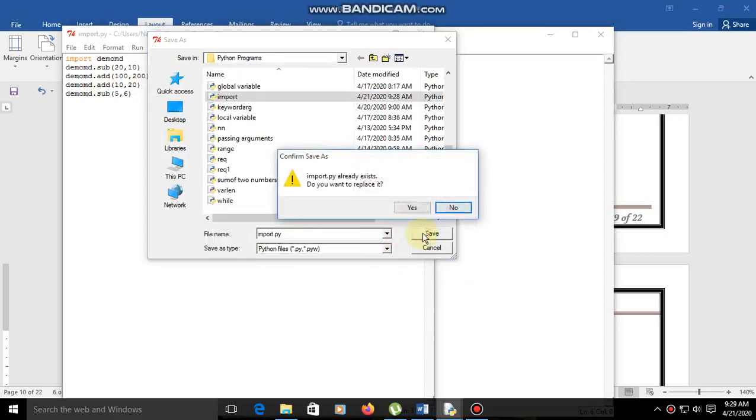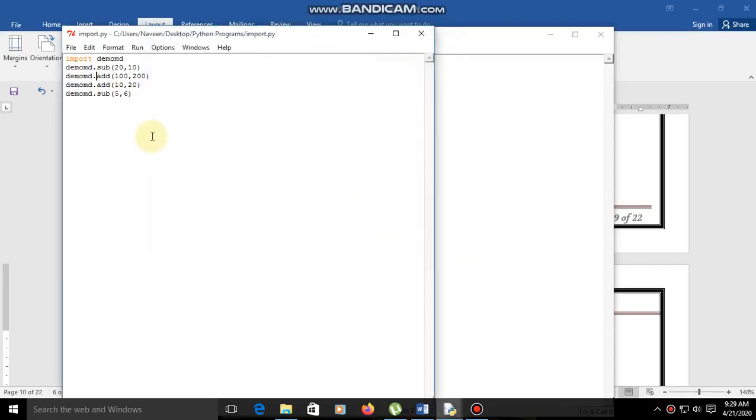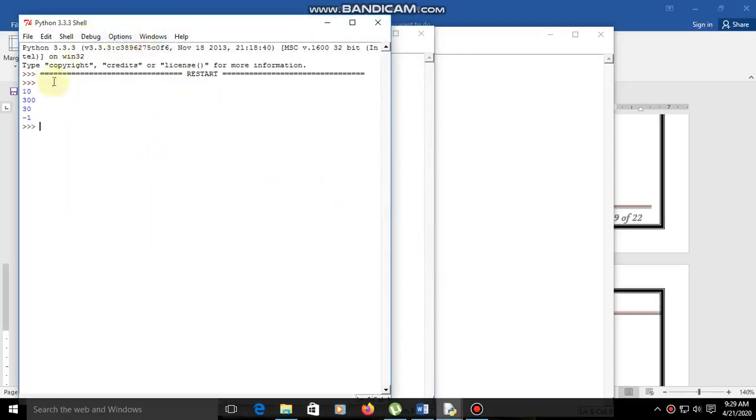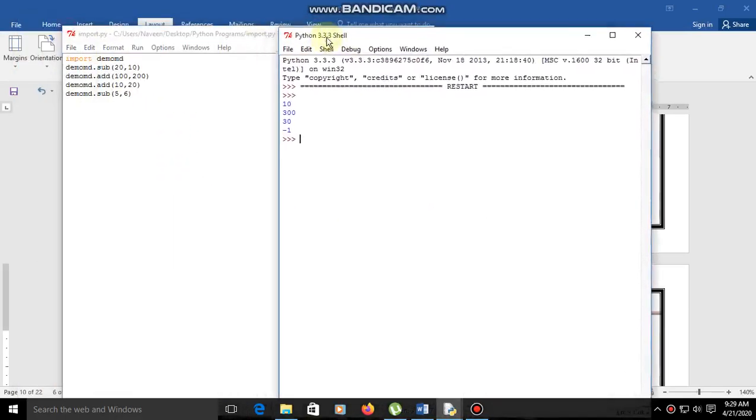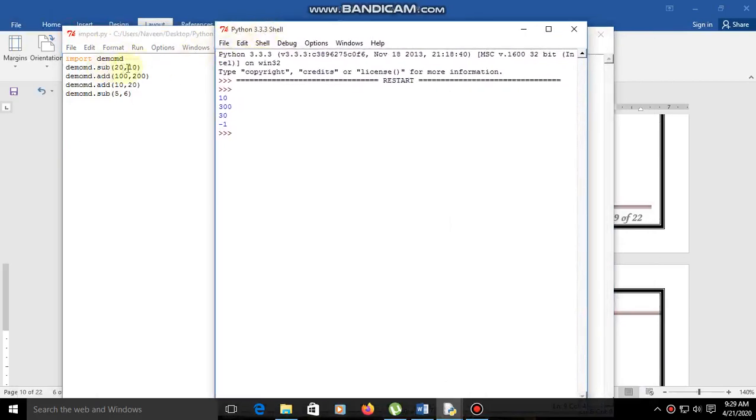Save it. So automatically we will get the output when I click on run module. So here it is: sub 20 minus 10, that is 10, 100 comma 100 plus 200, that is 300, 10 plus 20 add, that is 30, subtraction 5 minus 6, that is